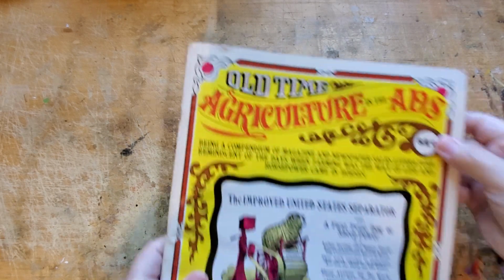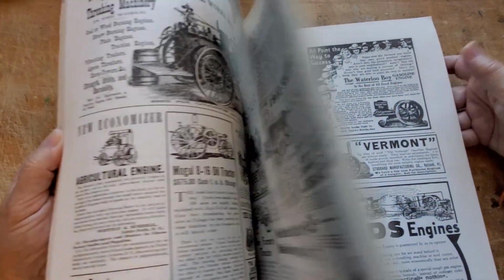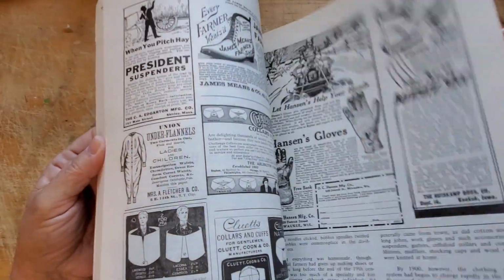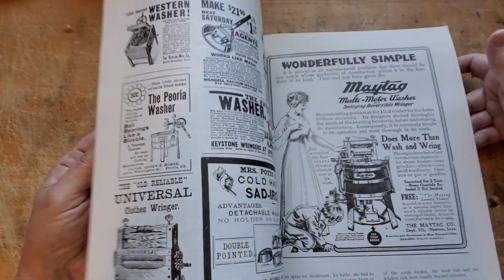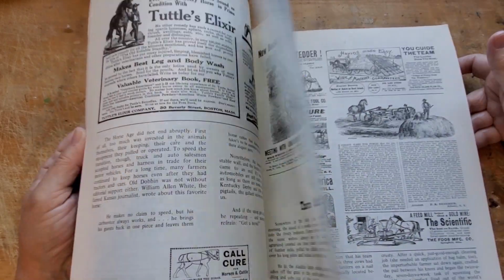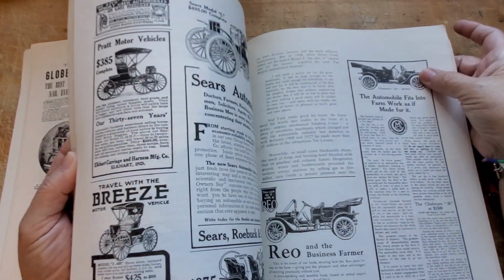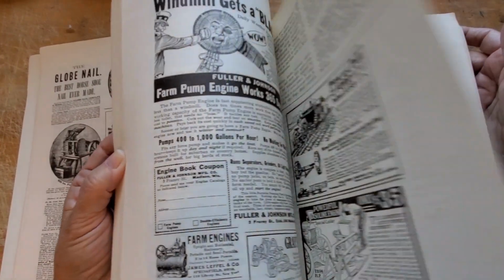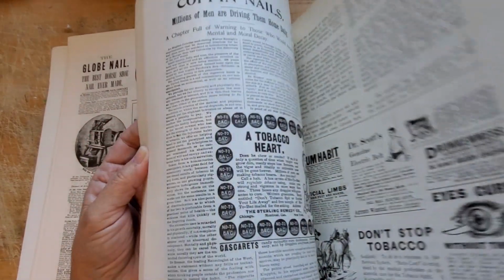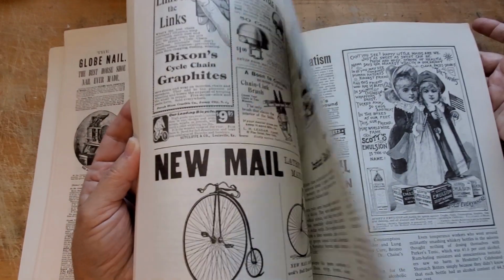Now I've got more things here. Look at this. Old-time agriculture in the ads. And it's just advertisements for agricultural machinery and such. The first factory in England that made steam engines, which was in Thetford. My great-great-grandfather was the timekeeper at the steam engine works for all of his career. And the house that he and his family lived in still stands. I have a picture of it. I'd love to go over and see it. Apparently it has been turned into a museum. So someday I would like to go over and see if they have any of the paperwork on display from when it was a working...